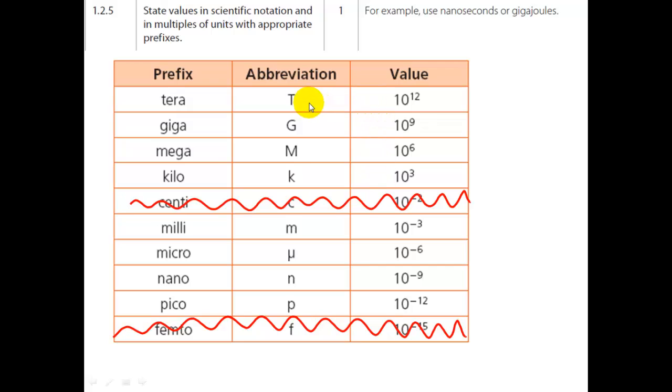Notice there is a pattern that generally when it's greater than 1, the abbreviation is going to be a capital letter, with the exception of kilograms or kilos. And when it's less than 1, the abbreviation is a small